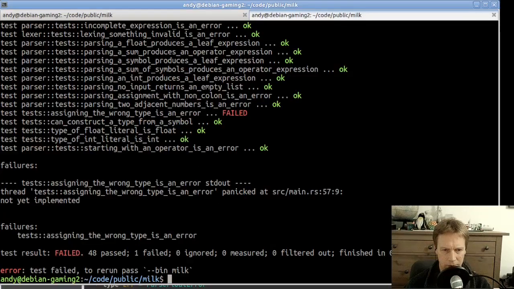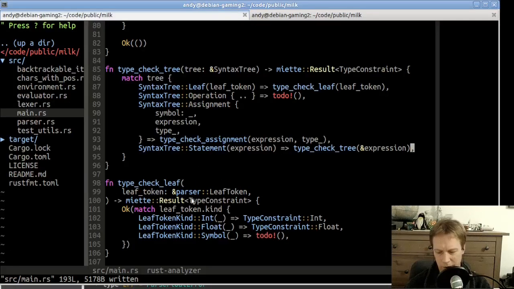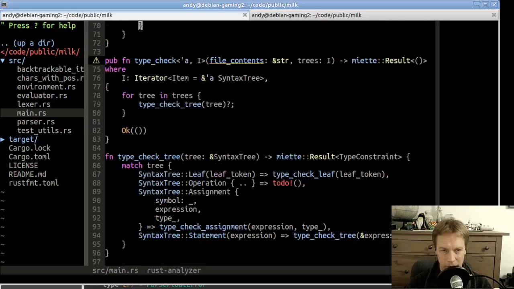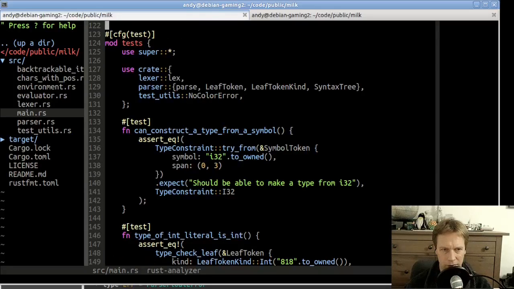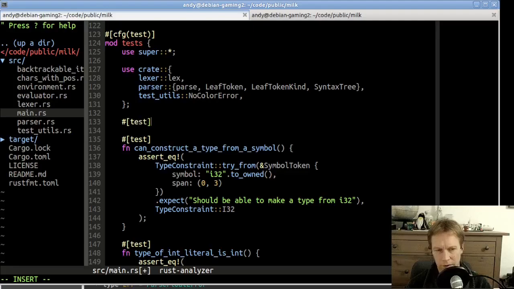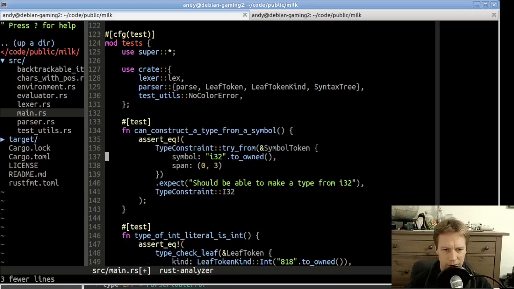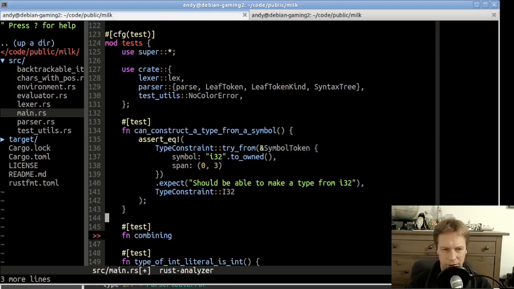Okay. So that was our first to do, but then our next to do is on line 57. We haven't done combining together left hand side and right hand side yet. So we need some tests for this too. This is starting to look like it might even be multiple files, this type checker. I'm ending up with tests that all fit into different categories. So combining, I guess this goes after. It's less basic than just making types out of symbols. Combining,